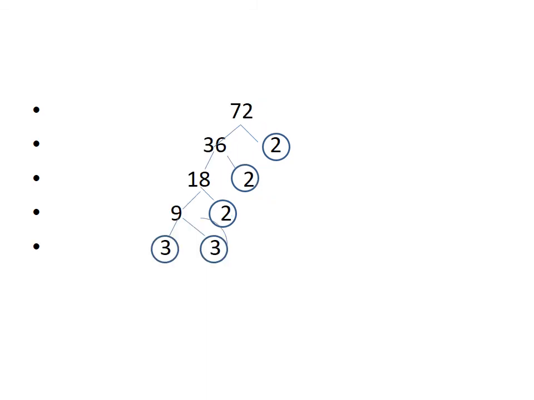Next number is 72. This also we can do with two methods. 36 2s are 72 or 8 9s are 72, we can write. Choice is ours only. Now again 2 is a prime number. 36 we can write as 18 2s are 36. Again here 2 is a prime number. 18 you write into two parts. 9 2s are 18. 2 is a prime number. Now 9 we have to write down in two parts. 3 3s are 9. The factors are 3 3 2 2 and 2.